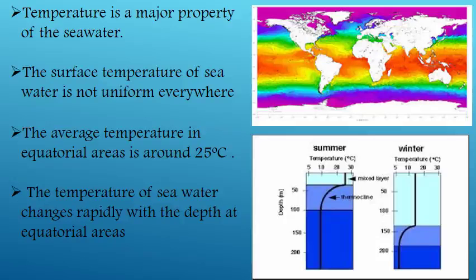Temperature is the major property of the seawater. The surface temperature of the seawater is not uniform everywhere. The average temperature in the equatorial area is around 25 degrees Celsius. The temperature of the seawater changes rapidly with the depth at equatorial areas. What you can see in the image is that, children, where it is shown the equatorial areas is with the yellowish and reddish color, which is